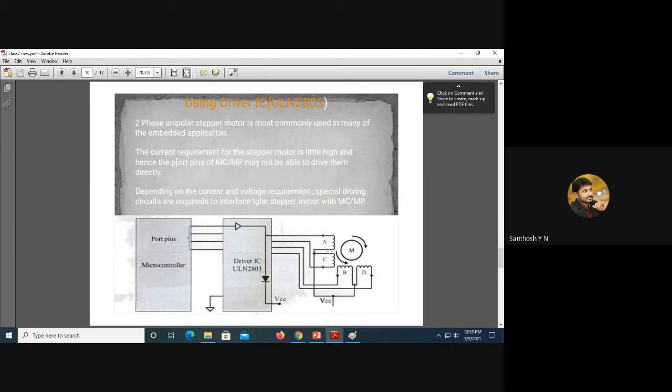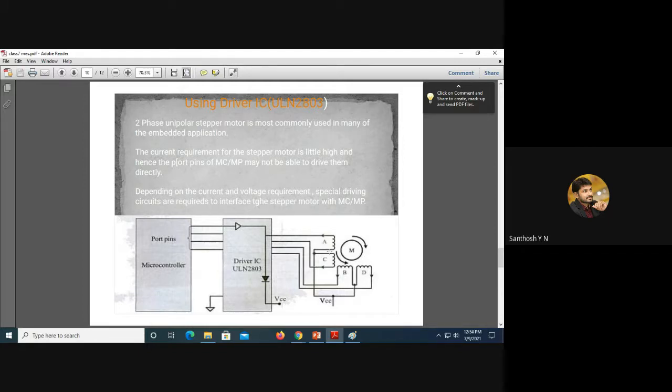So what is a stepper motor? A stepper motor is a motor where its motion is in the form of steps. Each step may depend upon the designer. The steps may be 4 steps or 8 steps, again depending upon the designer. A step may take 1 degree or 2 degrees or 90 degrees. Again it depends upon the designer.